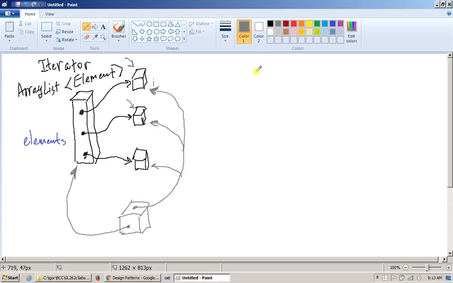And so instead of holding on to indices like index 1, index 2, if we need to access another collection, we can have helper iterator objects like this. These helper objects are called iterator objects, which allow us to navigate through the collection